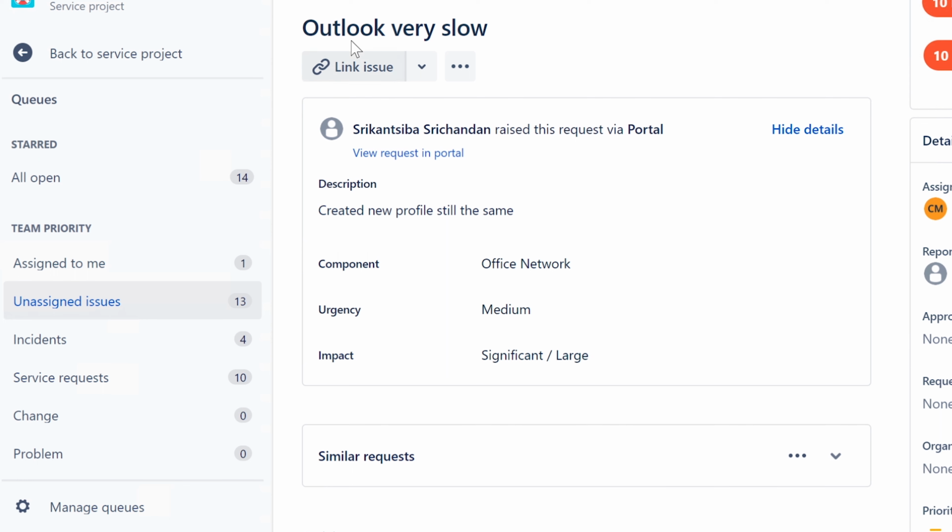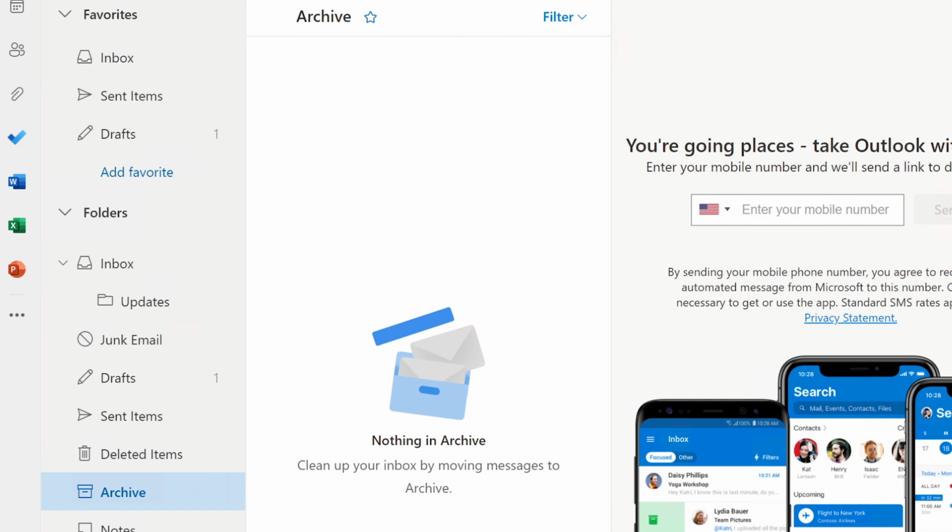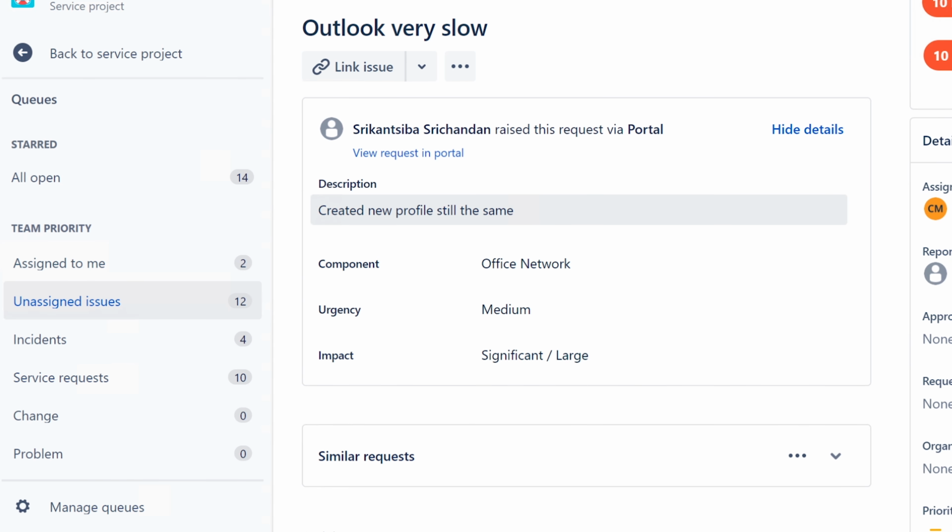So what else can we talk about here? Outlook very slow. You create a new profile, still the same. It could be a connection issue. Check their VPN. If they're working from home, usually aside from just not being able to process things locally, your computer not being fast enough to process things, if it's still slow and you haven't specified what do you mean